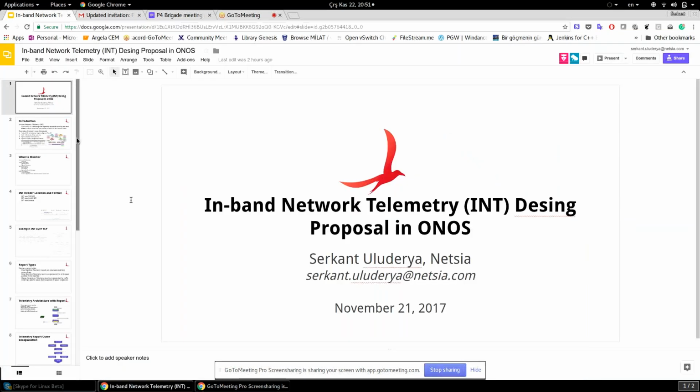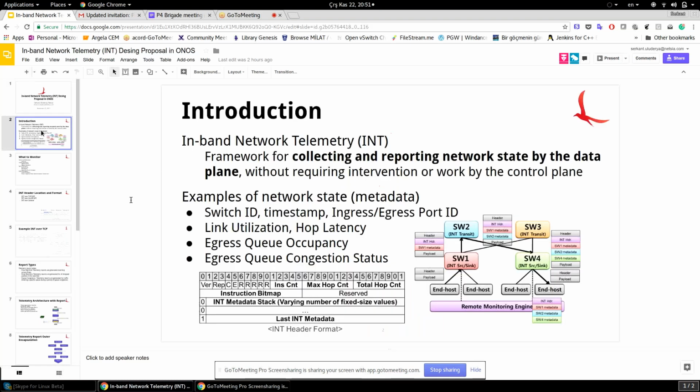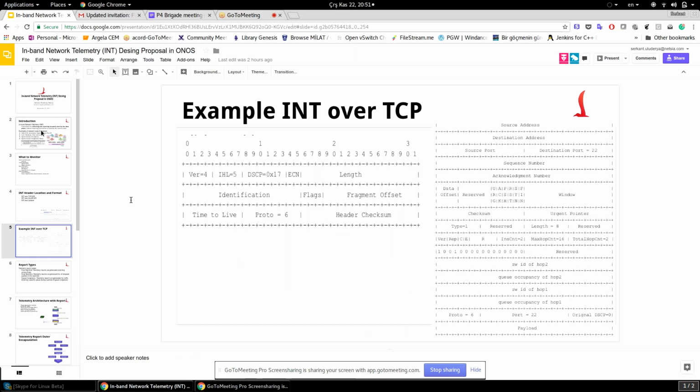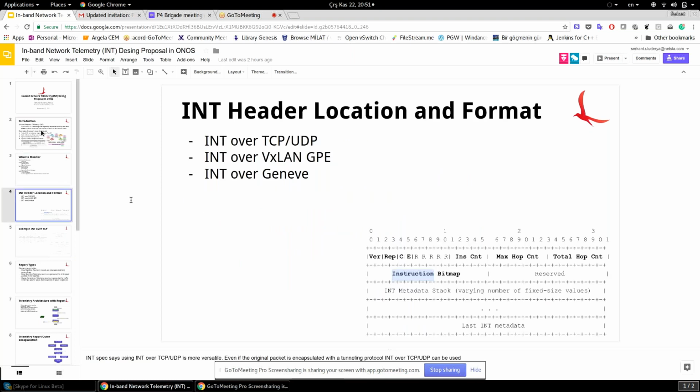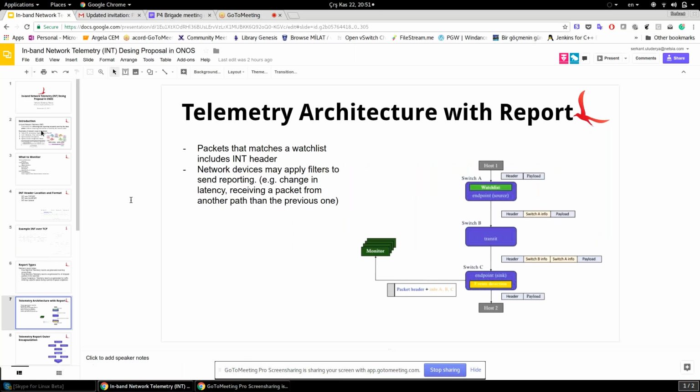So I started some preliminary work for the design proposal in ONOS. I want to skip the first couple of slides. This is about the INT specification, the information digest from the INT specification. But the important part here, the reporting architecture, this is a new specification from the P4 application working group,